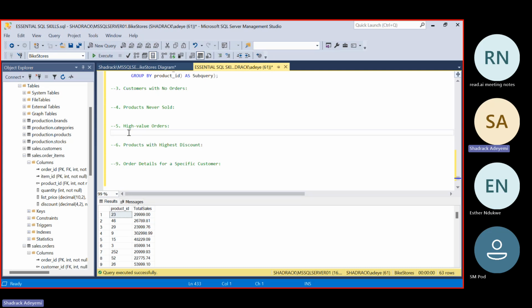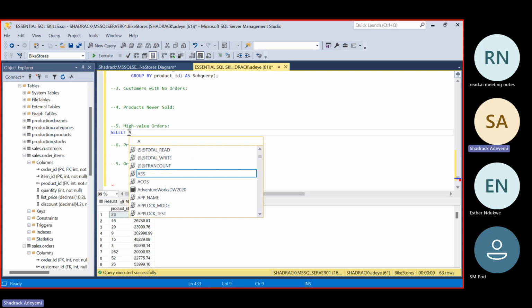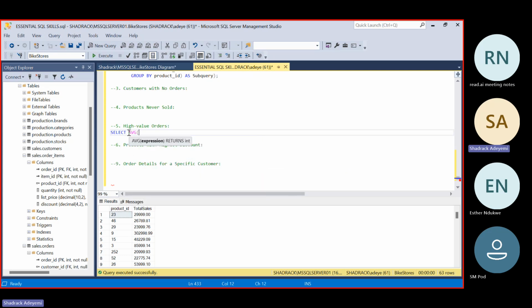If we are to think of orders that are high valued, that's orders based on the condition of our business. The orders that we place as high value are orders that are doing better than average or doing well above average. So what this means is that we are going to be writing another select statement that gives us the average list price, first of all.